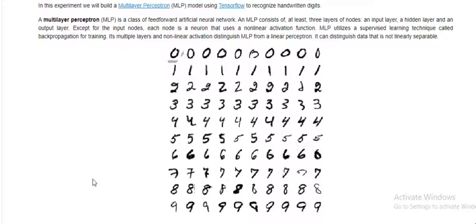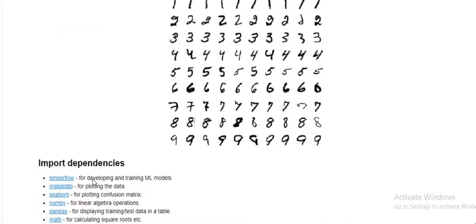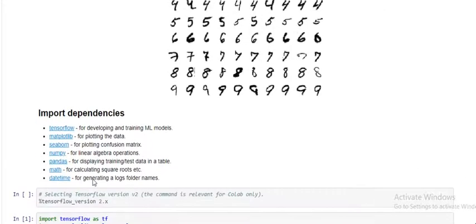We have given many designs of the particular 0. After our model runs, we can recognize whether the given object is a 0, 1 or any digit. This is how this program will work.